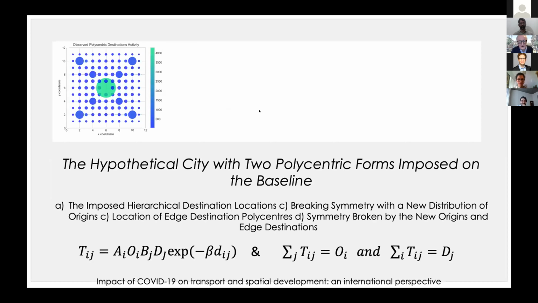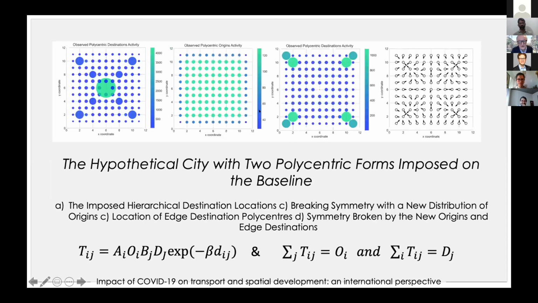What I actually do is show you a situation where we can break symmetry. You can see we have the origins and then the destinations, where the edge cities, the centric cores, are on the edge. The directionality, the vector field diagram on the right, shows how symmetry is broken. The model that we fit to this, after we built our null hypothesis, is the doubly constrained model. So we have a completely consistent, highly hypothetical city. Now we're going to lock it down.